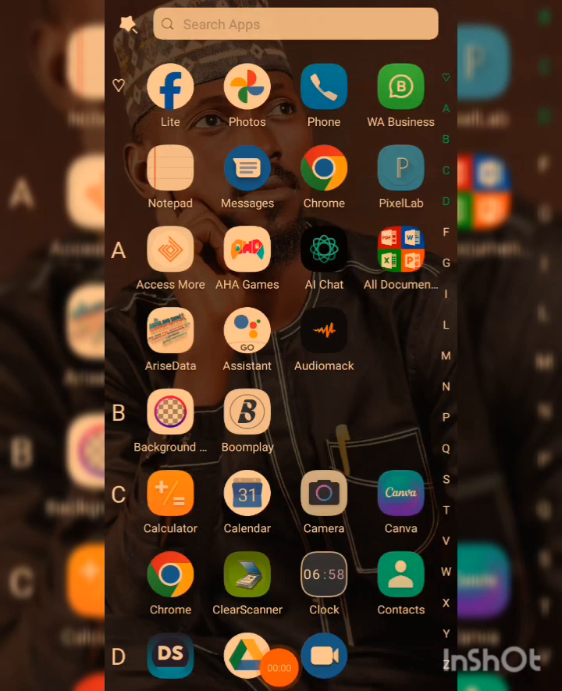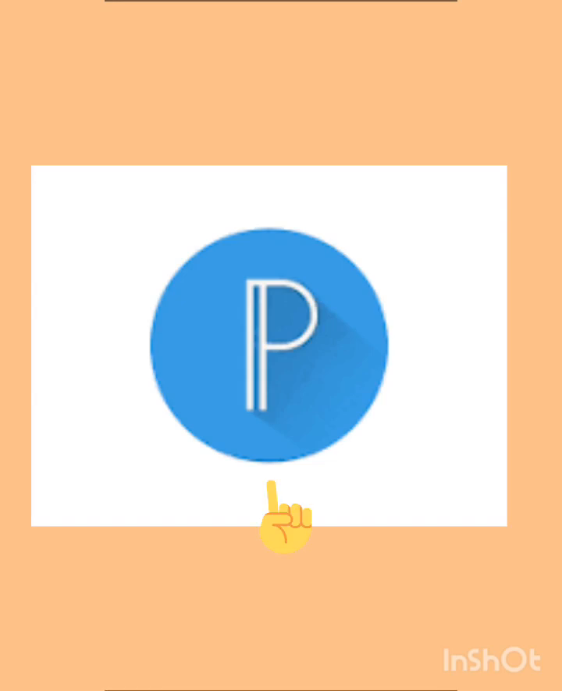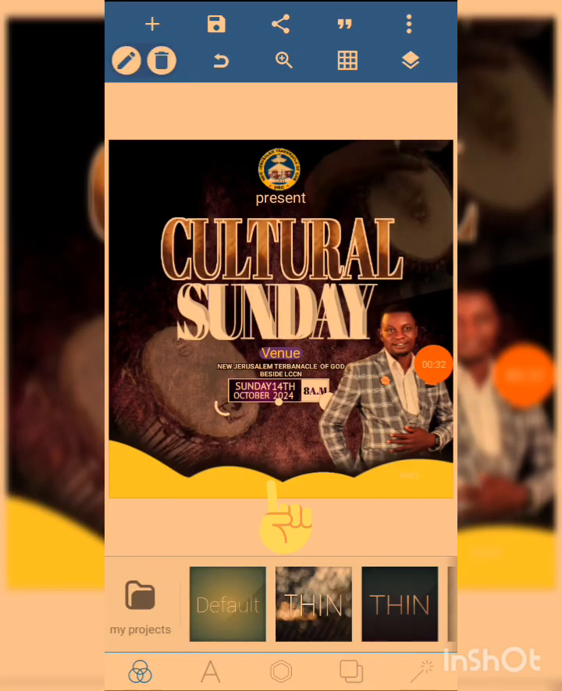Now before we begin, it is expected of you to have downloaded your PixelLab from your Play Store. This is the PixelLab that is being shown here. Now you quickly click to the icon indicating the PixelLab, where it will show the interface. Right, we are right at the interface, and this is the particular project that we are going to clone,